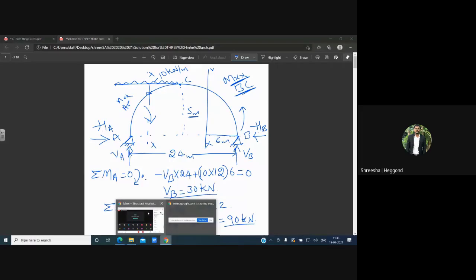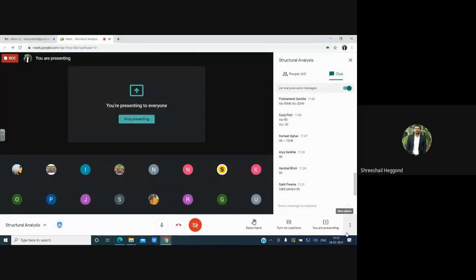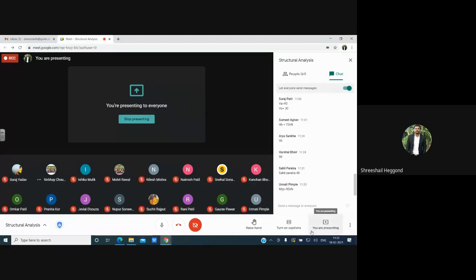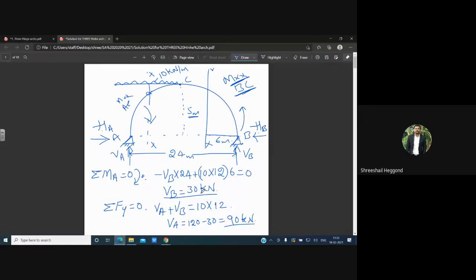Unnati got 90. For the right hand side, you need to calculate the value. Left hand side, everybody got 90. Right hand side, I can draw the diagram as